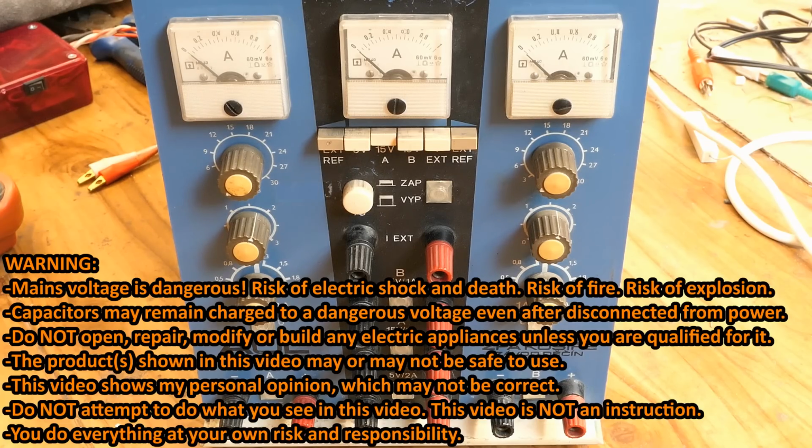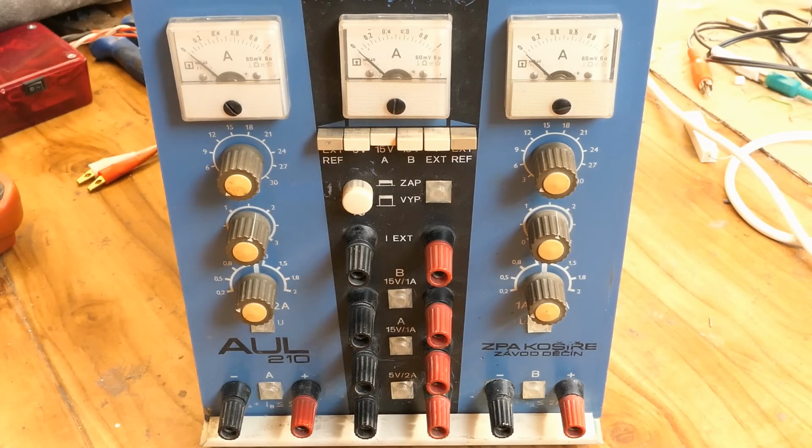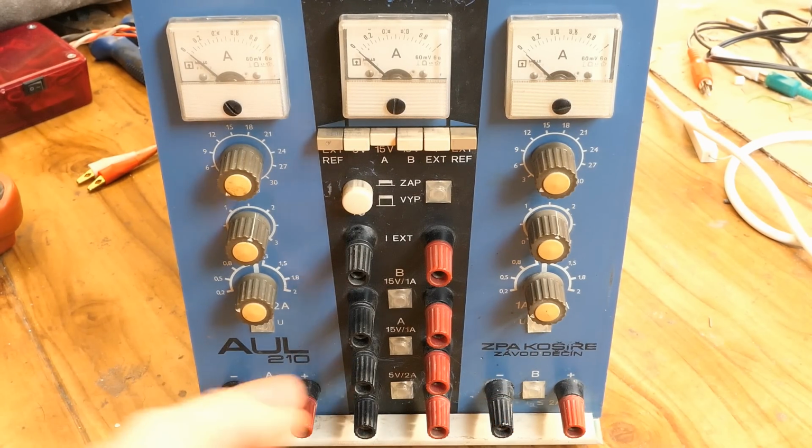So today let's continue working on this bench power supply. It has 2 adjustable outputs and 3 non-adjustable outputs, and at this point everything seems to be working other than this non-adjustable output of 15 volts, which is meant to supply 1 amp, but no, it only supplies 15 volts with no load, and when I loaded just a couple tens of milliamps, the voltage drops to just a couple